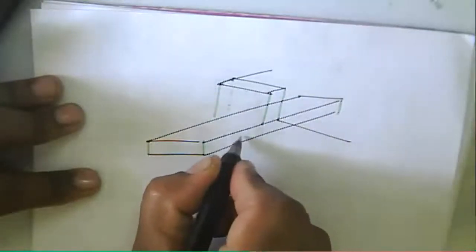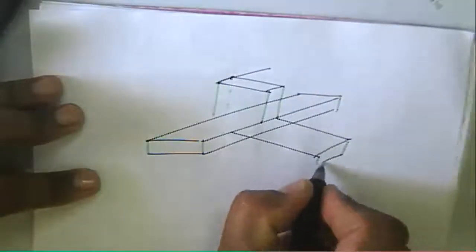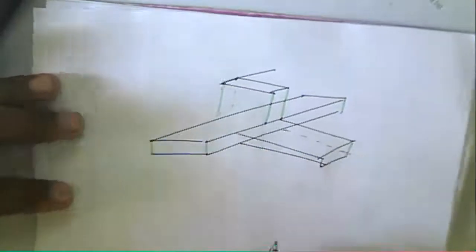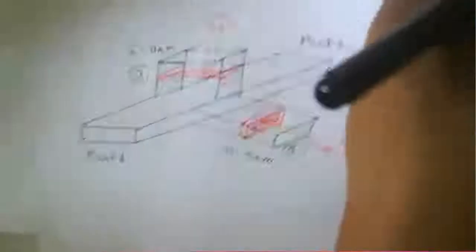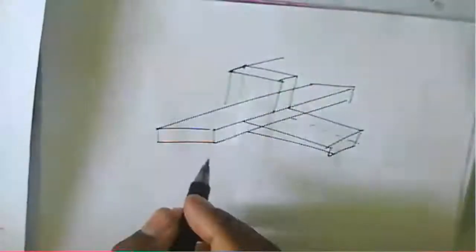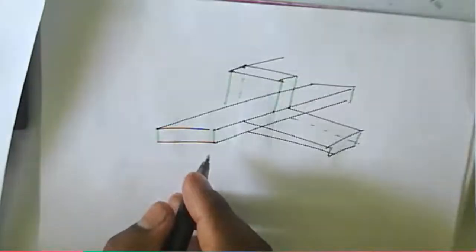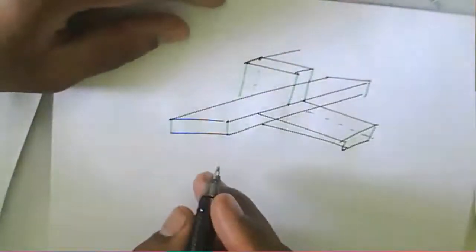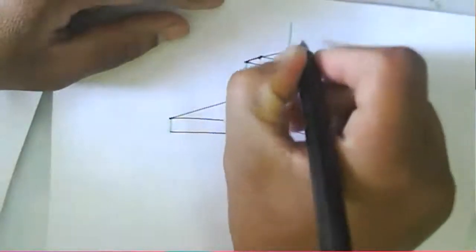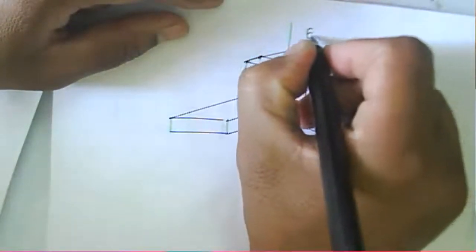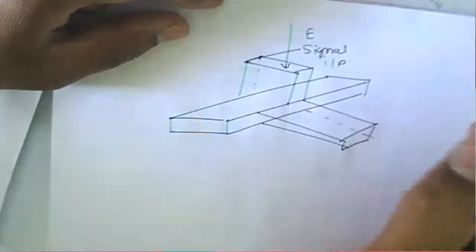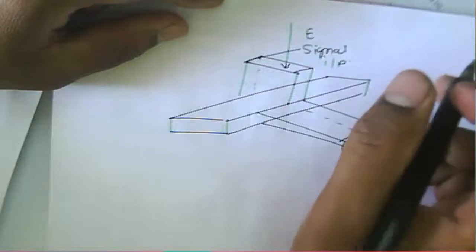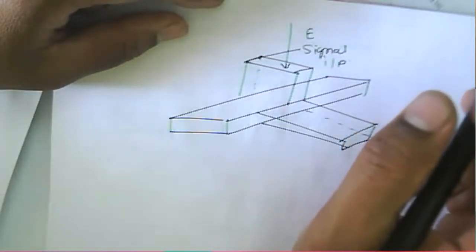Okay, this is about your E arm, this is about your H arm here. Now we can consider that here, in the case of what, here we have considered a short there. Okay, so now instead of that, if you consider the same arm, if you provide the input, that is about the E arm, or you can say a signal input from this particular arm. If we provide the signal to this particular arm, what happens?